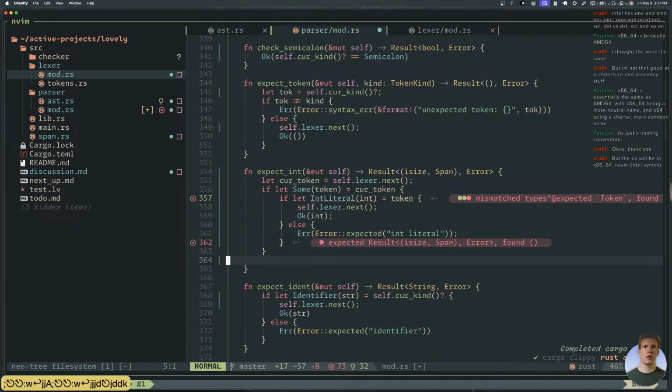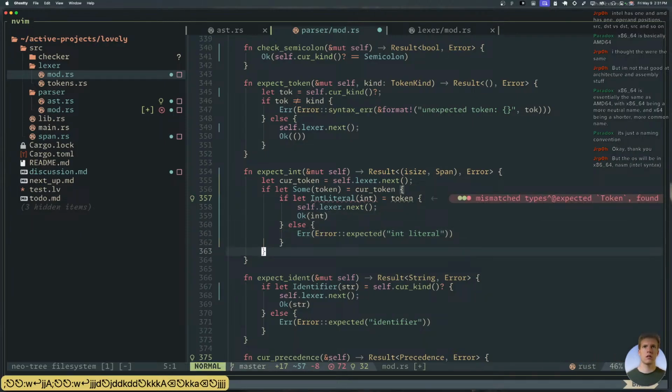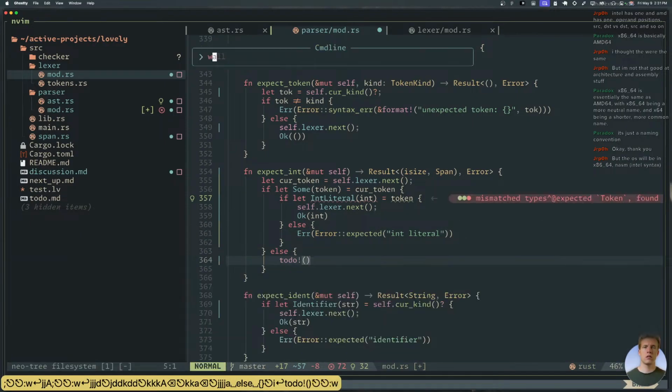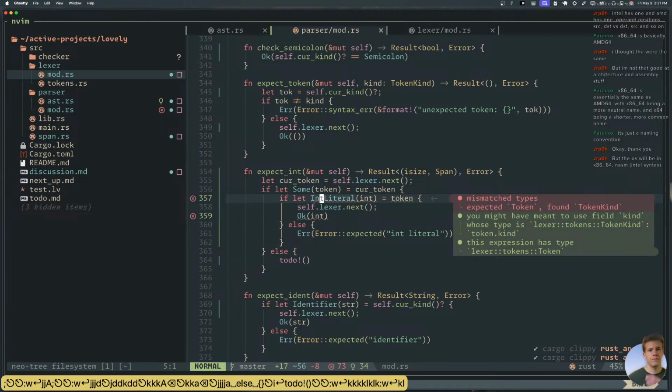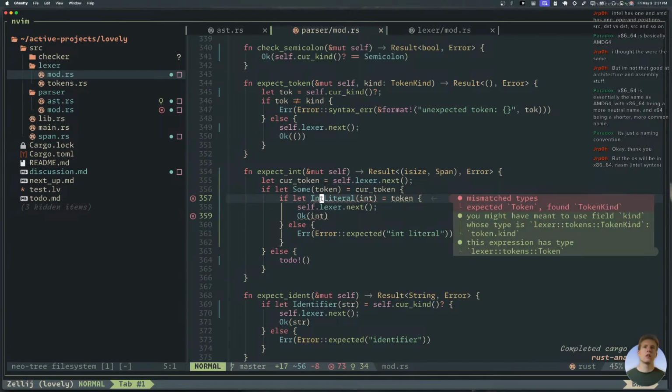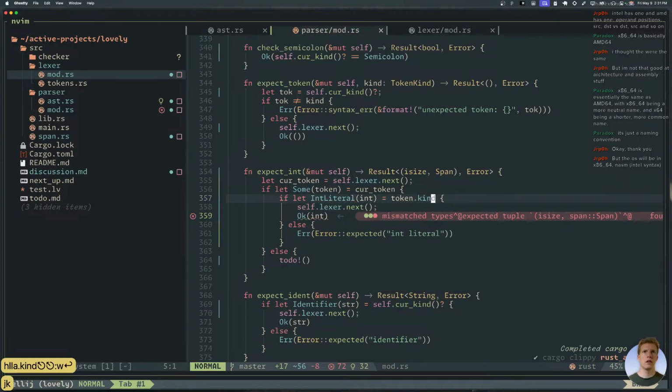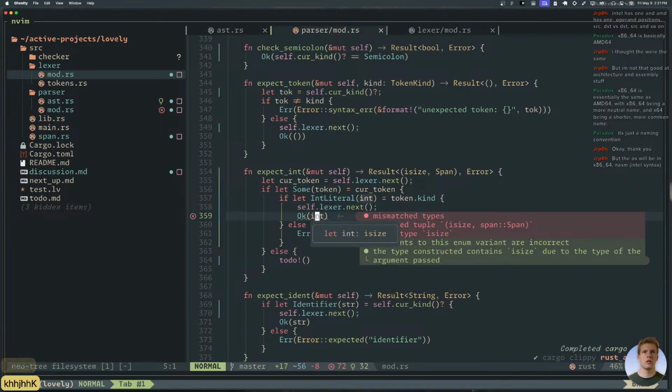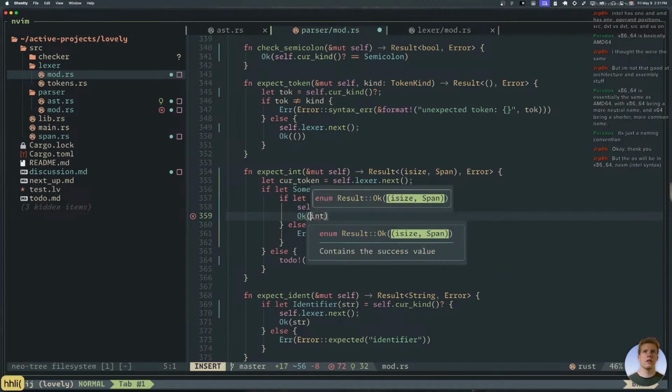What's going on here? Okay. Let int literal. Oh dear, monitor just got disconnected. There we go. Okay. This then becomes this, right?